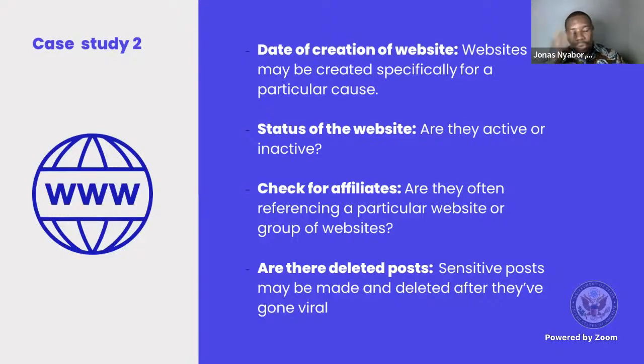How often are they posting stories? Are they only posting things that resonate with the campaign, or do they have other general stories in there too? And then you also want to look out whether these websites have affiliates. Are there other websites connected to this particular website? Like I said, don't forget, we are talking of campaigns, so it's not done by a single outlet or a single individual. You often see that in the stories they put out, they mention other websites, which will draw people to click on that website and go and read more on those other websites.